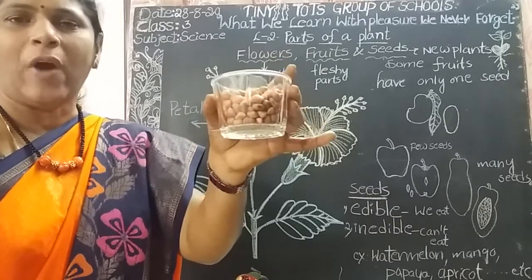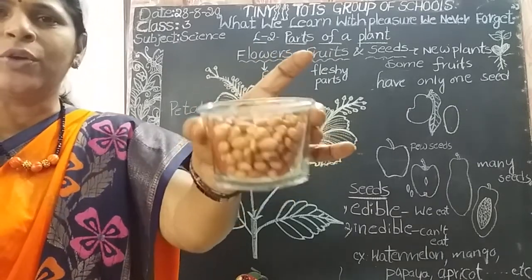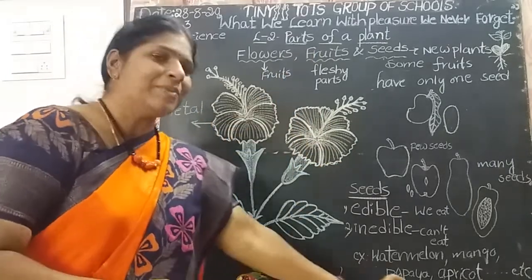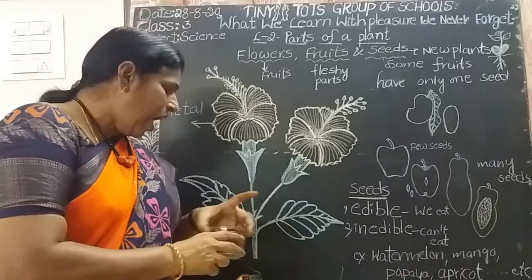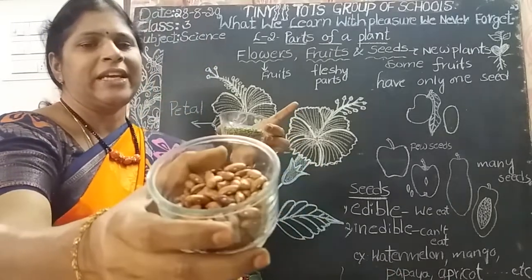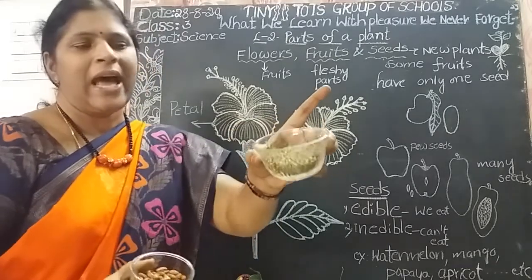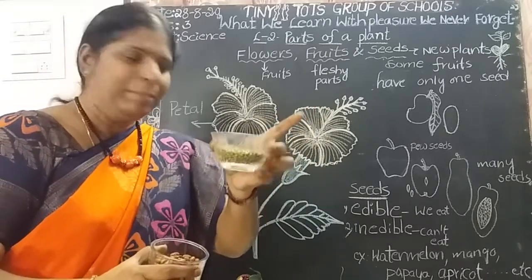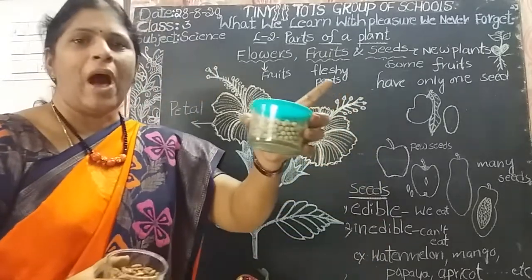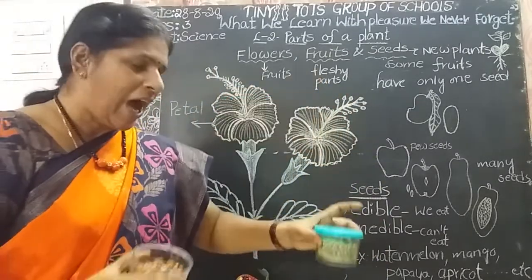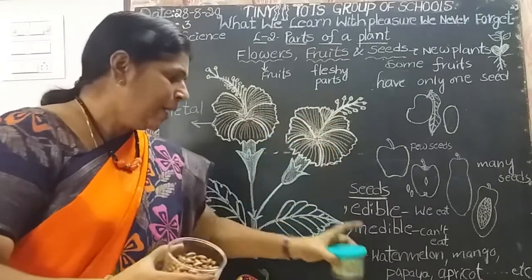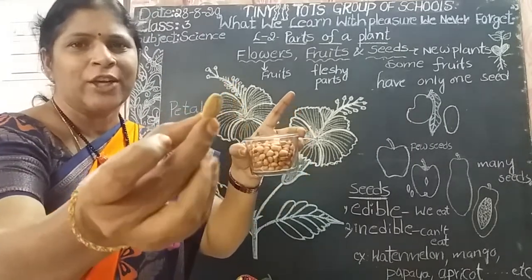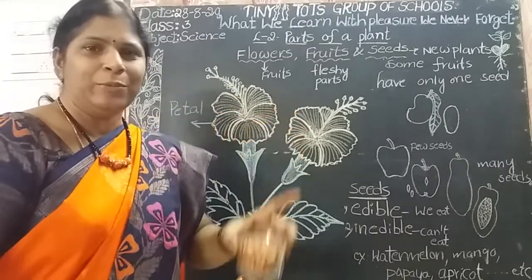Groundnut, cashew nut, walnut, okay, pista, groundnut, coconut, all these are edible seeds. Edible means which we can eat. Okay, some seeds we eat after cooking. See, grams, bean and moong dal, green gram, black gram, red gram, pea, bean, all these we eat after cooking only. Is it clear? But we eat raw groundnut, coconut, pista, badam, cashew nut, without cooking. These are the edible seeds.